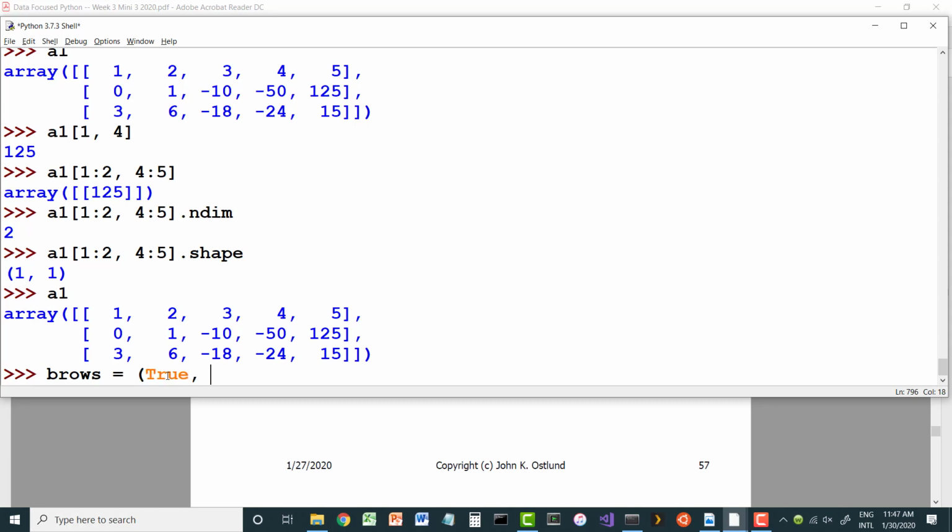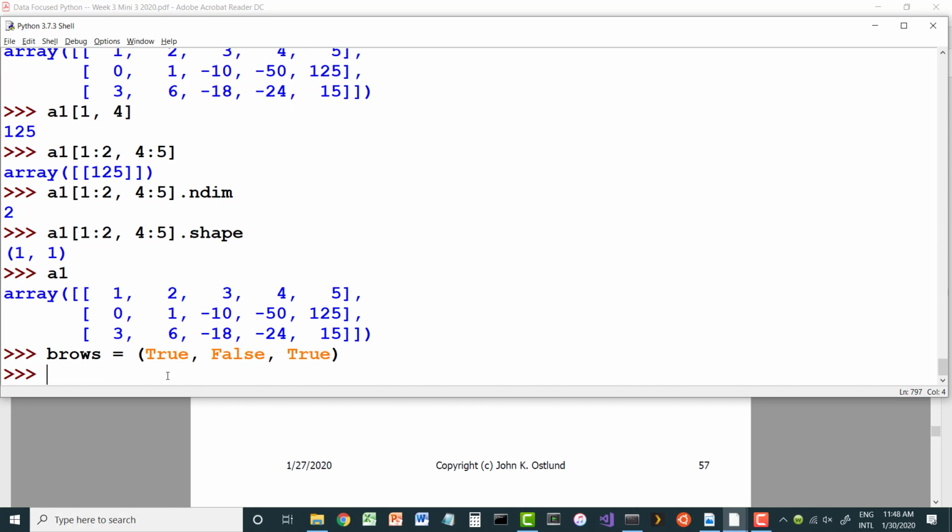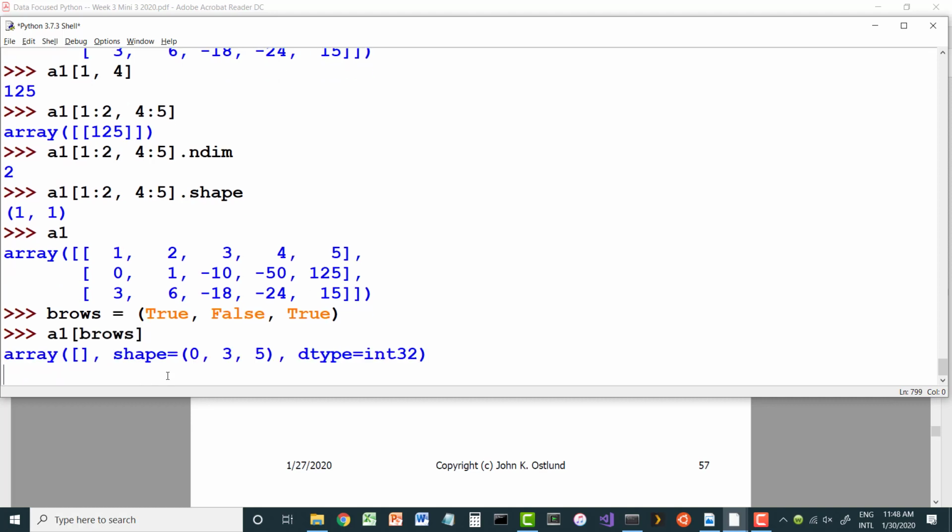Is true, false, true. I've defined B rows as a tuple of 3 values. It could be a row of 3 values. It could be an ND array of 3 Boolean values. And if I now use B rows as an index into A1,